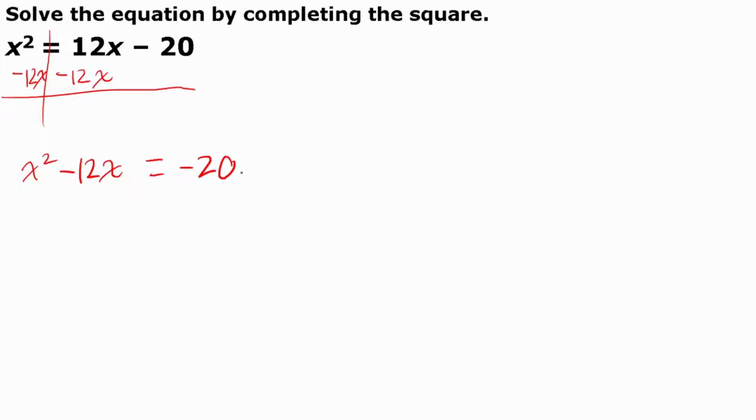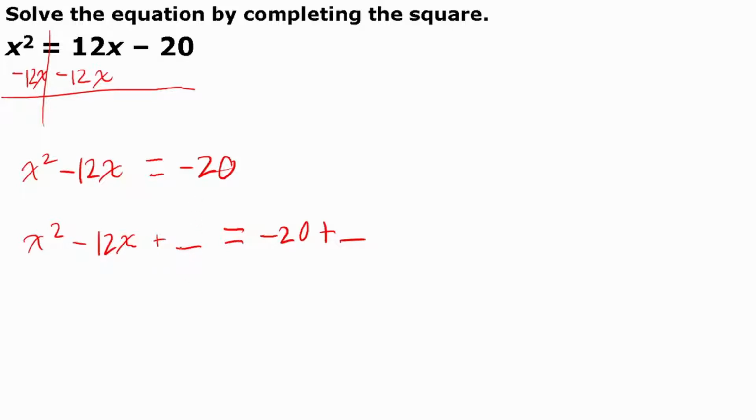Now, that negative 20 is just there, right? It's just holding a spot. And it's going to come into play later, but we don't need it right yet. What we want is to get a whole number here. So I'm just going to rewrite this one more time. X squared minus 12x. And then we want plus something, right? And that's what we want to find there. We want to find that plus something. But if we add it to that side, when we have this negative 20 here, we also are going to have to add it to this side. So this blank is going to be the same on both sides. But since we're going to be adding it to our expression, what you do to one side, you have to do the other to keep that